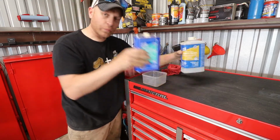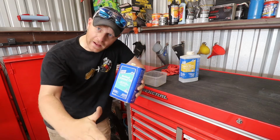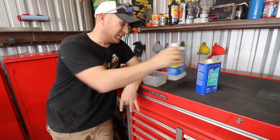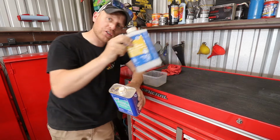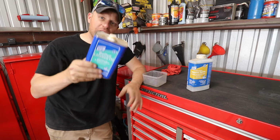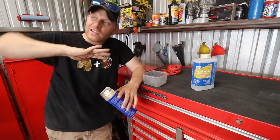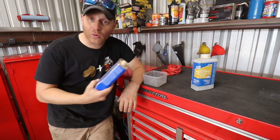So what you're going to do is a little mixture of these. This is what makes your shine, right? And then you can cut it down a little bit if you don't want it to be super glossy. Also, linseed oil is very thick, so it helps if you have a cutting agent to bring it back away from being such a goopy oil, more liquidy and easier to spread. At the end of the day, it's still an oil. You'll see when I pour it in here,